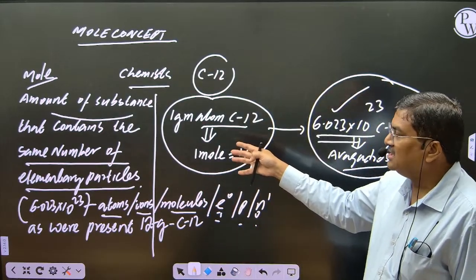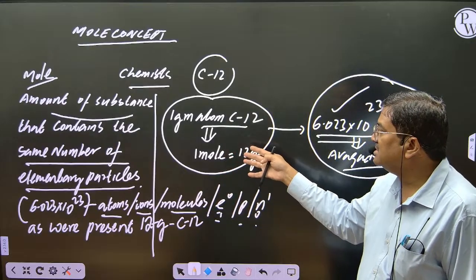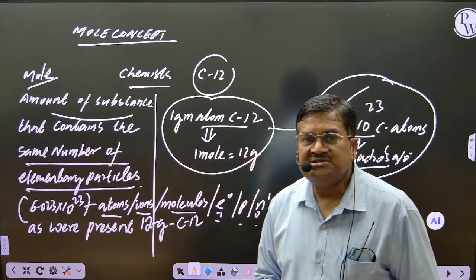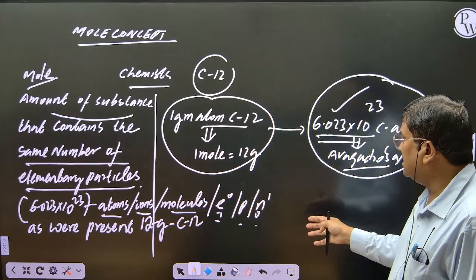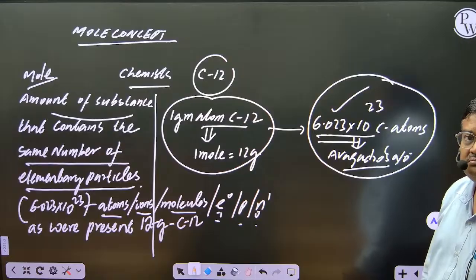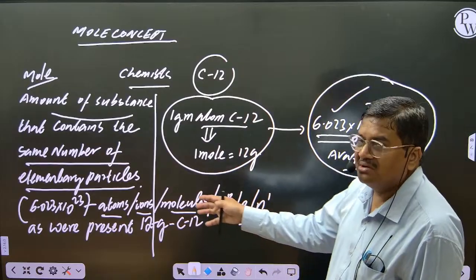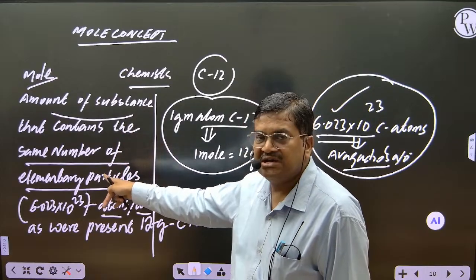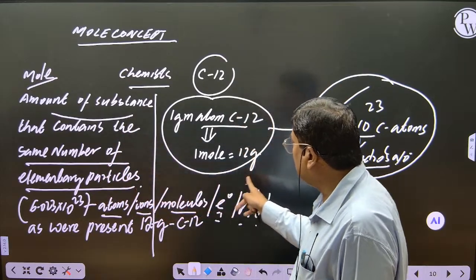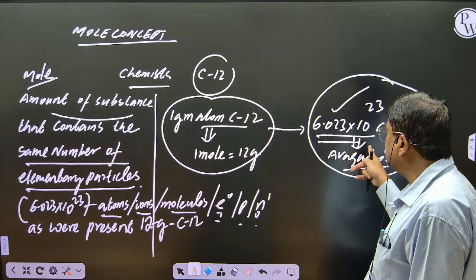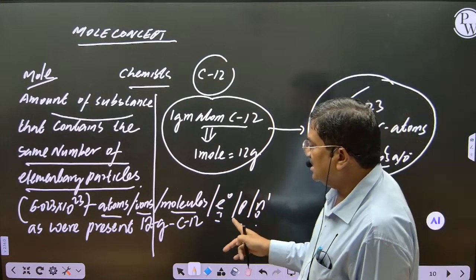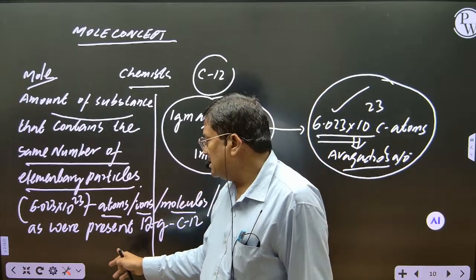I make you better understand this. What is this illustration with example? What is mole concept? Are you following, students? So copy this. Everyone copy this. What is mole? What is the definition? Amount of substance that contains the same number of elementary particles. These elementary particles will be 6.023 into 10 power 23 atoms, molecules, ions or fundamental particles as were present in